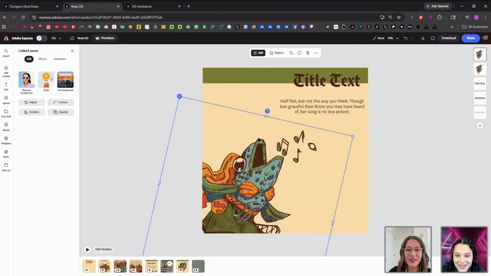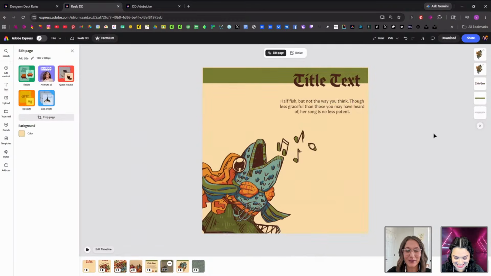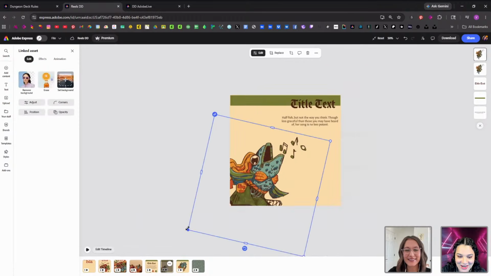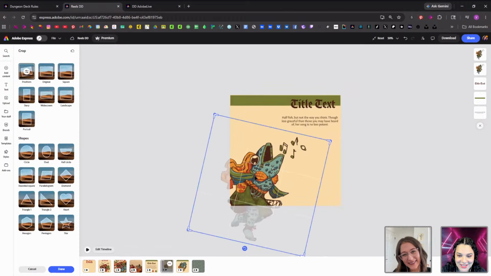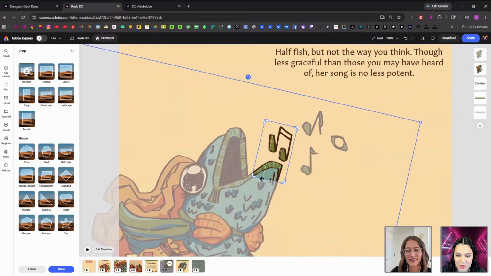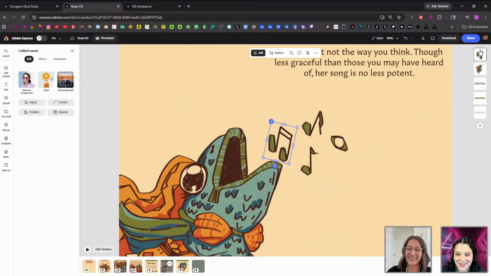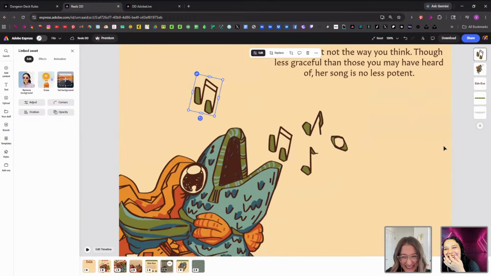Wait, are you going to animate the words? The music? Yes, we are going to do that. I can't wait. Absolutely. So I'm kind of doing it on the top this time. That's perfect. We're going to go like this. In fact, I think I'm going to separate them individually because they should all be dancing individually. We should not be doing these all together. We're going to have it like that, and then we're going to move it.